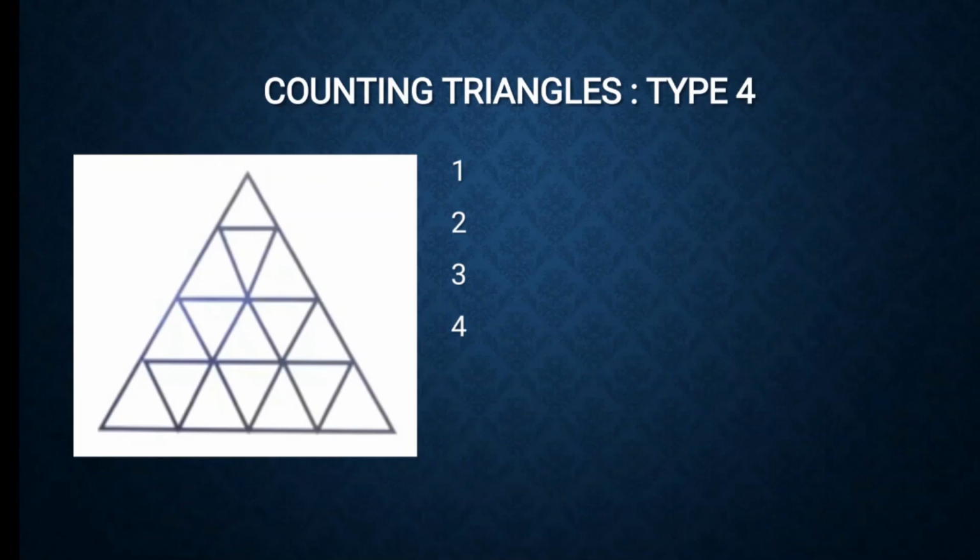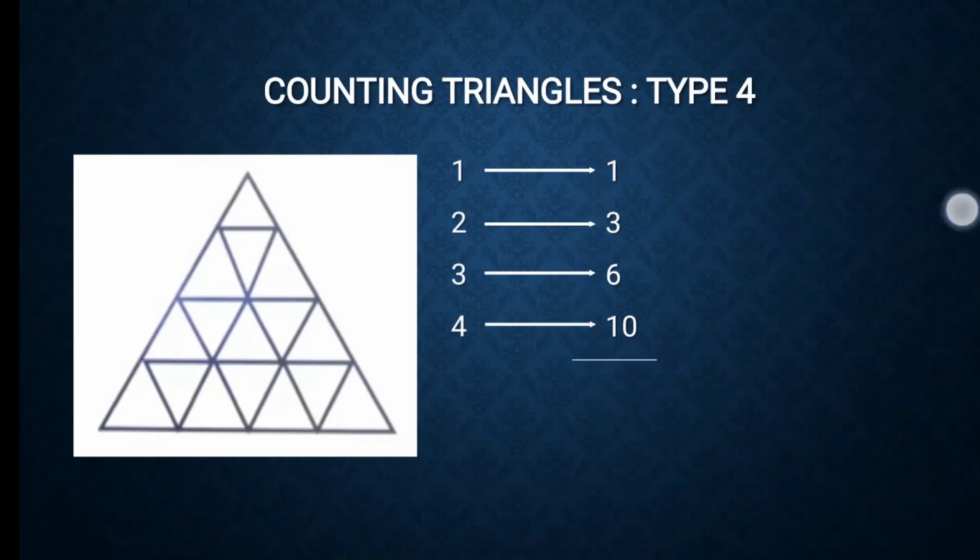The first step is, after this you write the first number as it is. So 1 is the same. For 2 you write the sum of numbers up to 2, which will be 3, 1 plus 2. For 3, the sum of numbers up to 3 is 6, 1 plus 2 plus 3 gives 6. So I'll write 6 in front of 3. And the sum of numbers up to 4 is 10, 1 plus 2 plus 3 plus 4 is 10. So I'll write 10 here. I'll add these numbers, which gives 20.